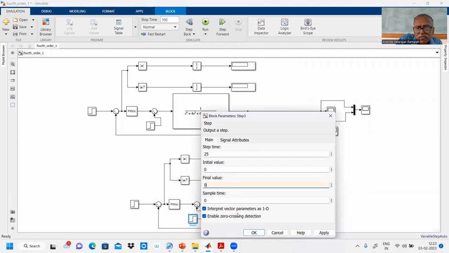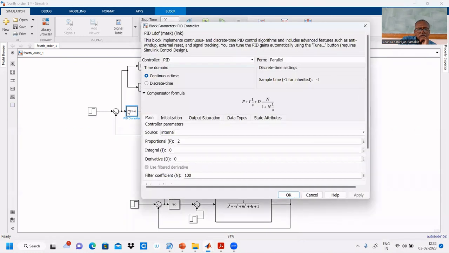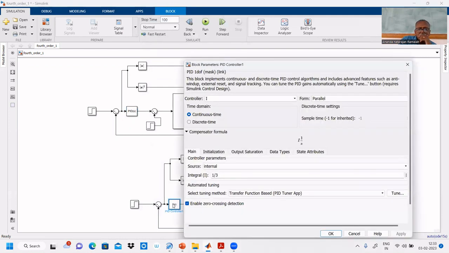No disturbance is here. So if you simulate, in the first simulation, we are having only proportional control. You can notice here. We entered proportional only. We made K equal to 0, D also equal to 0. It means only proportional controller. The response is in yellow color. Here, we selected only